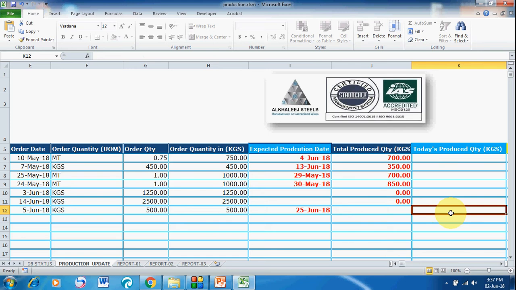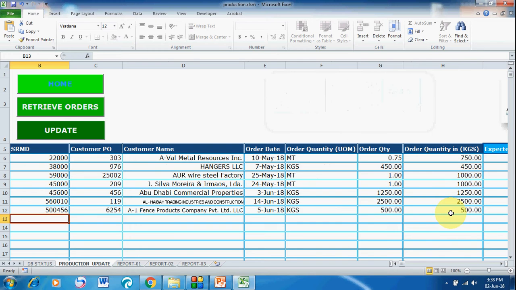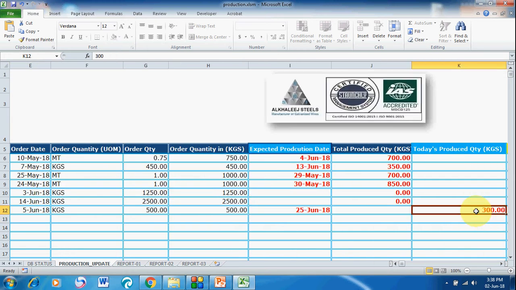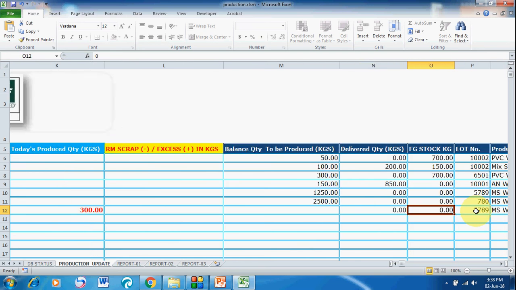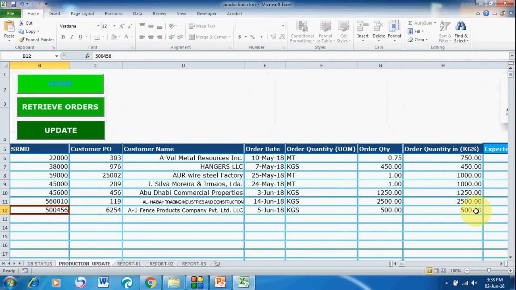They will put their values, total produced quantity, let's say this is today's quantity, so they start producing now. They can update here, let's say this is the full quantity, I am just putting a bit less. Once I put all these fields, see, this is 500 and this is balance quantity 0, delivered 0, everything is 0. Now once I update,